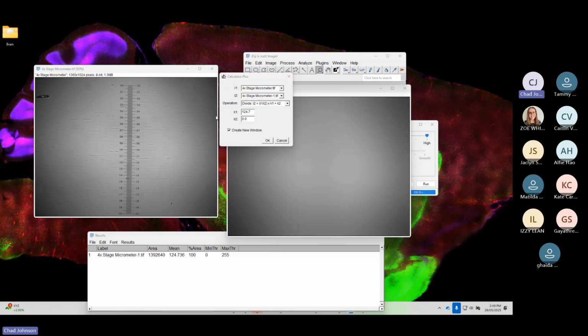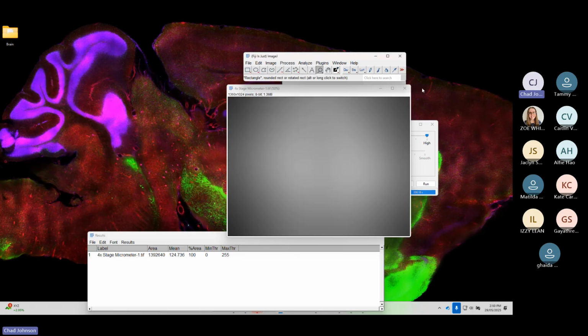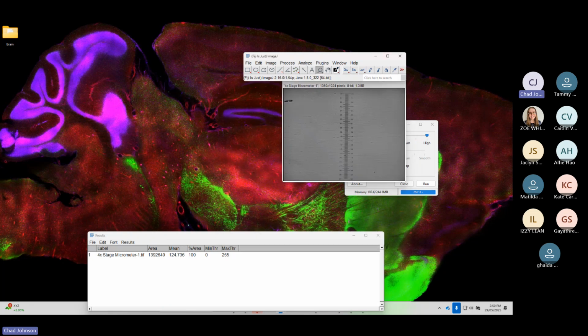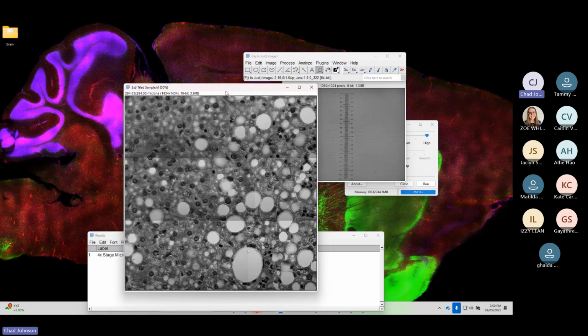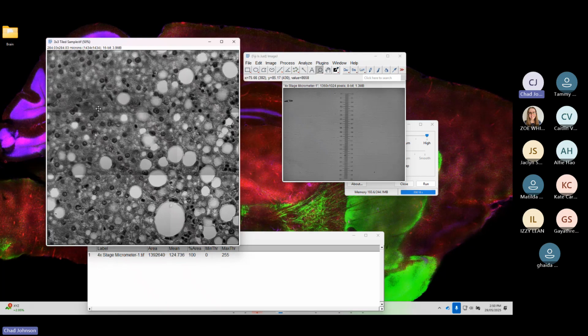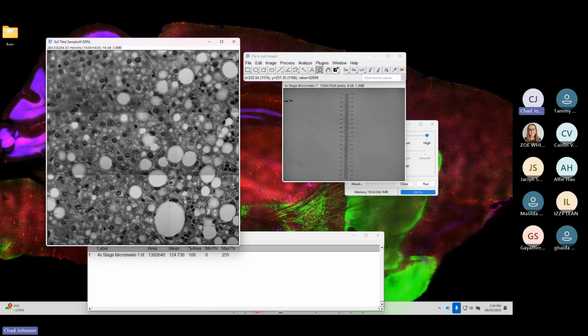Now I have another image that's more obvious. This is an image that I have tile scanned, and I have done a very, very bad job of setting up. This was a confocal image, I believe, with DIC. And DIC confocal is always problematic. So with DIC, you'd often get this top to bottom gradient. And so when you stitch it together, you see some obvious issues with